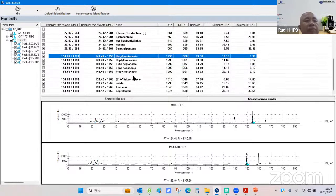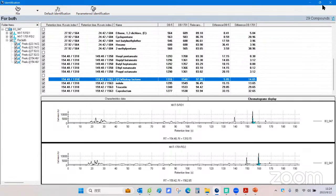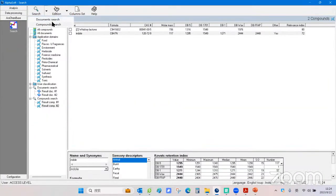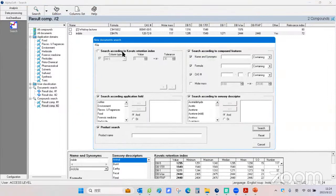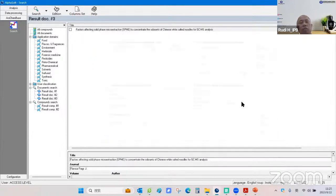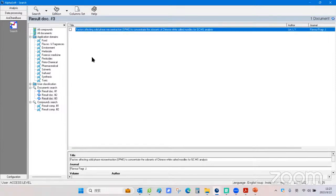Yes. And so this is two different ways. One is manually we can identify, and secondly, we can use the document search, especially for some typical products we want to find, such as noodles, etc. So actually we can find more information